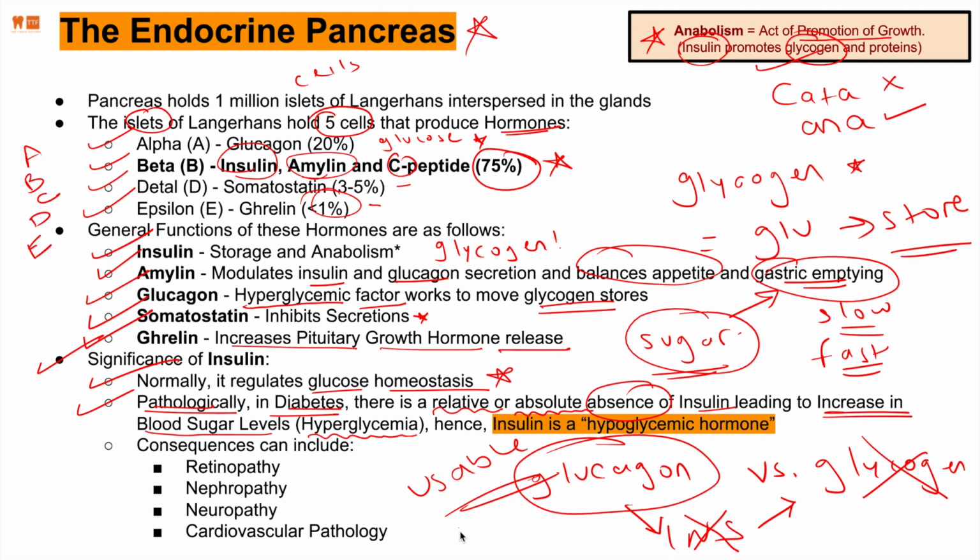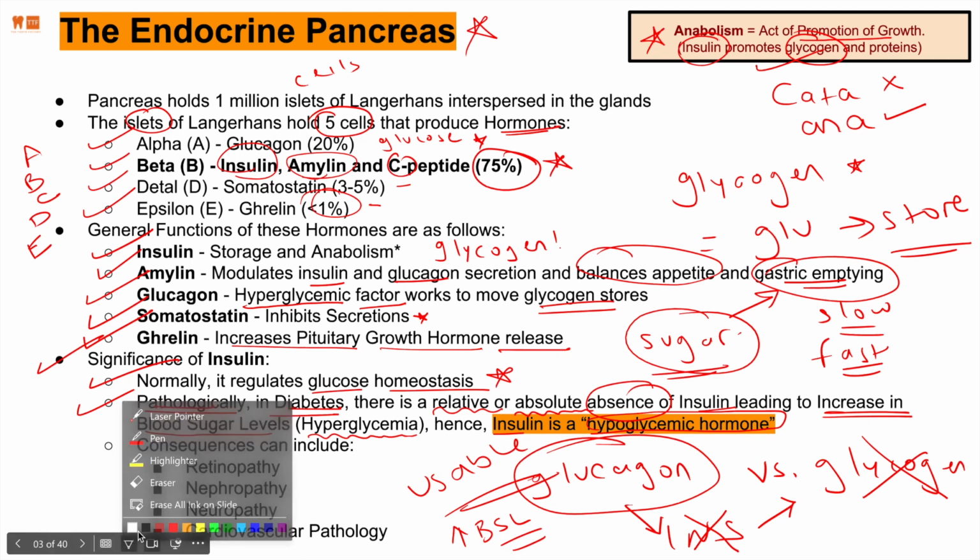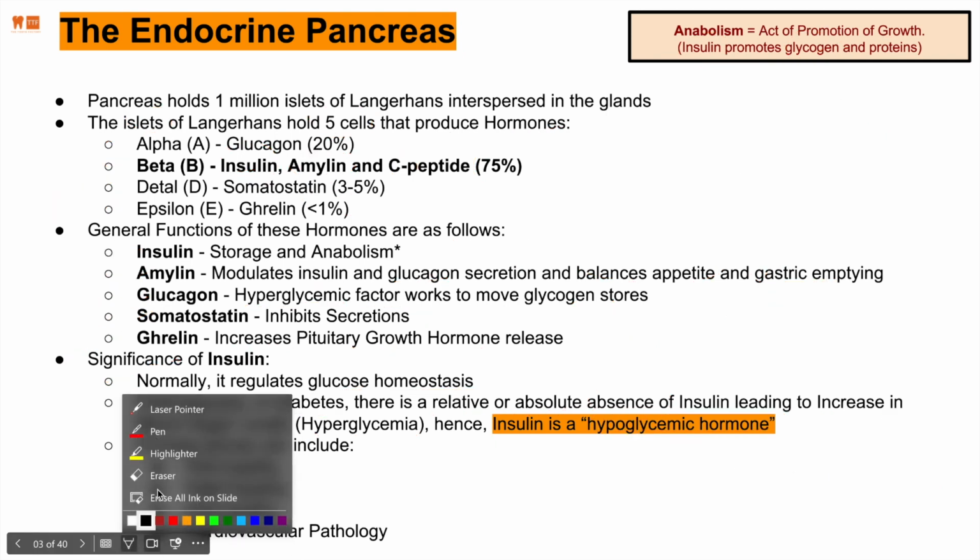That would make an increase in blood sugar levels. Fair enough? So that would make insulin a hypoglycemic hormone. So I'm glad that's clear now. So for example, if I were to clear the screen and just write two things here for us,